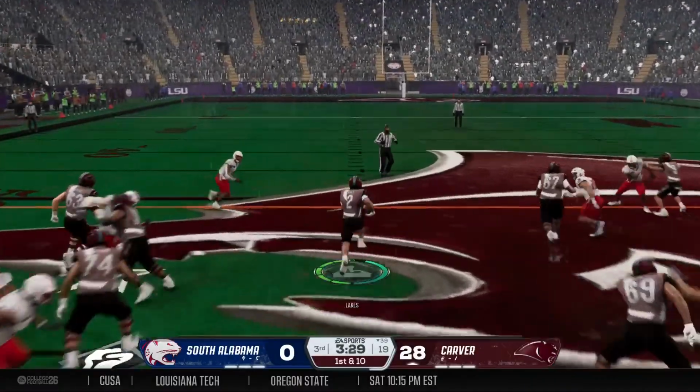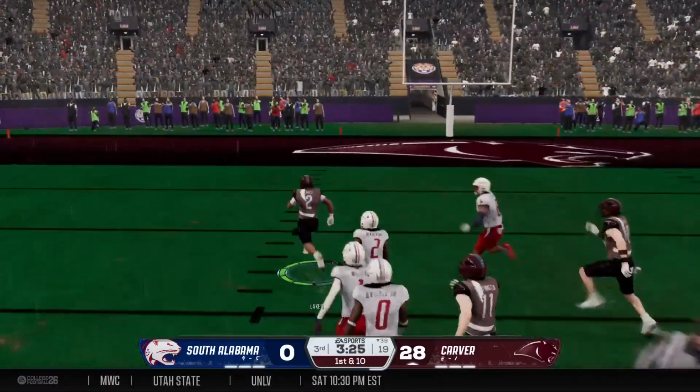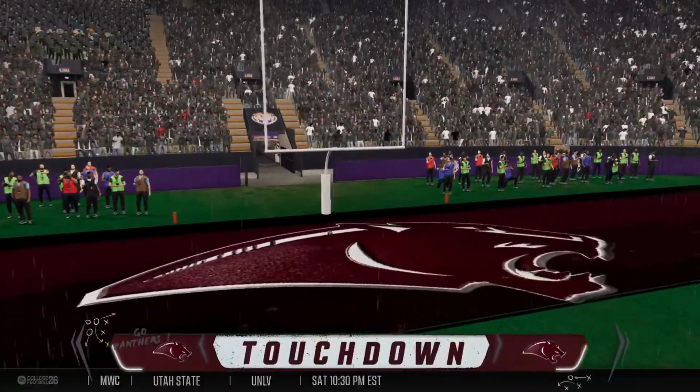The give on the option. At the 45 on his way. Breaks into the open. And no one is going to...